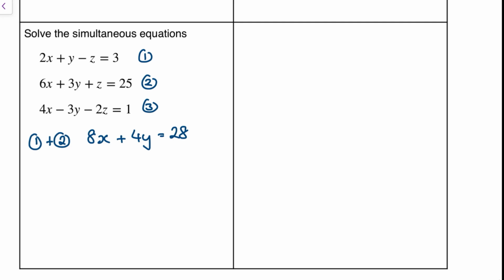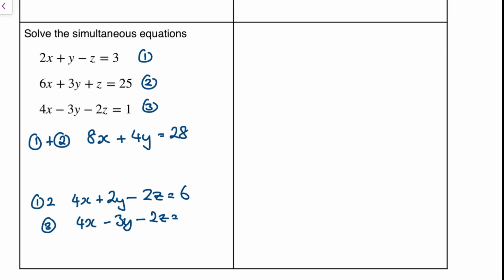And let's write down equation 1 times by 2. And that's going to be 4x plus 2y minus 2z is equal to 6. And underneath, because it just makes it easy to see, I'm going to write down equation 3, which is going to be 4x. Okay, I can see this is going to cancel again nicely. Minus 3y minus 2z is equal to 1. And then I'm just going to take these equations away. 4x minus 4x goes away, 2y minus minus 3y is 5y, minus 2z minus minus 2z goes away, and 6 minus 1 is 5, and all of that very handily tells me that y is equal to 1,